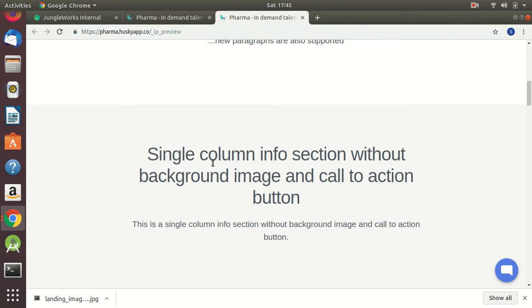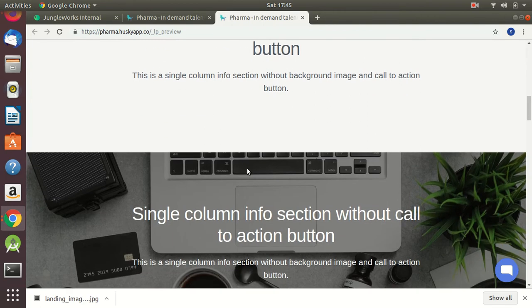Another section we have where admin can make a section without a background image but can have a button over here, and by clicking on that button a path has been given to that button and we travel down there.